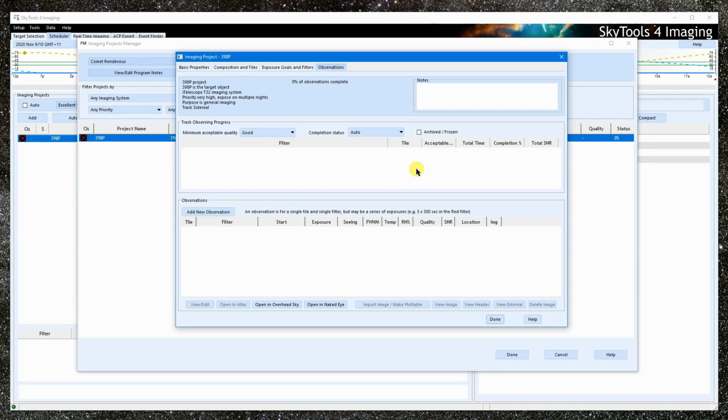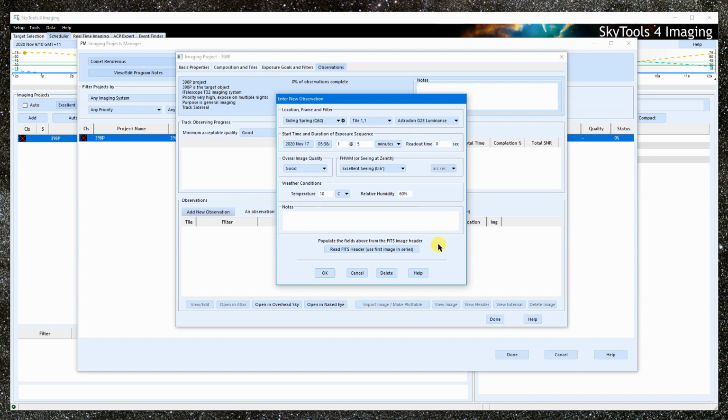Okay, so let's see how to log an observation. Click Add New Observation. By the way, the real-time imaging tool prompts for the logging of observations as you make them. The ACP Expert tool can query the ACP Expert Scheduler for the status of the images automatically. So in these cases, coming here to log the observations is unnecessary. If you use the scheduler, you will need to perform this step manually